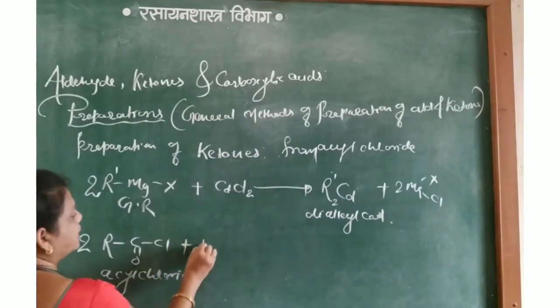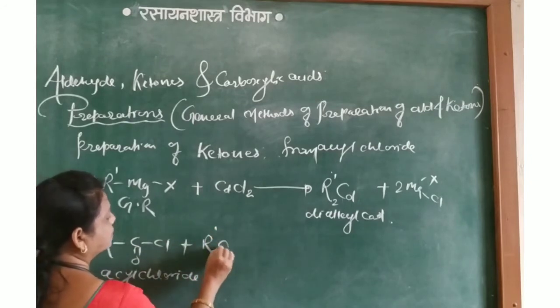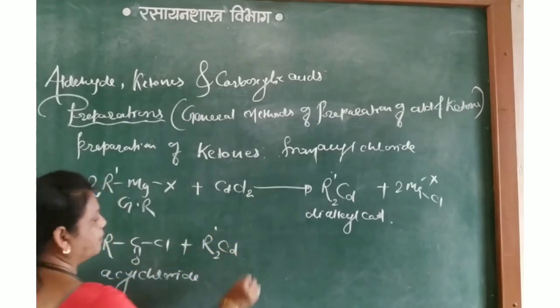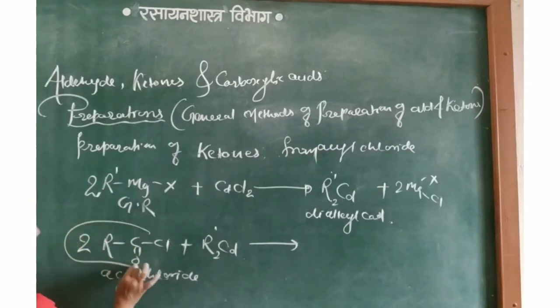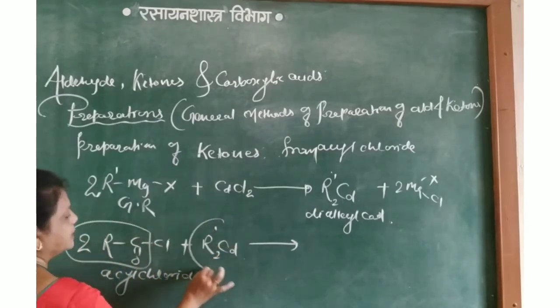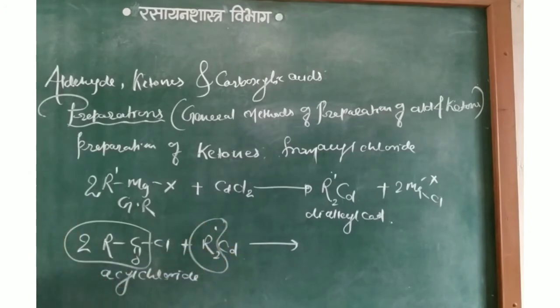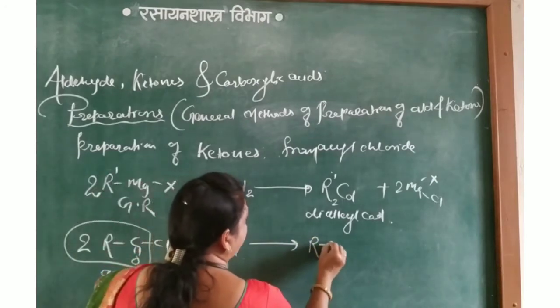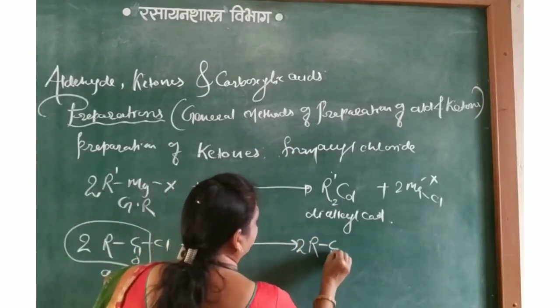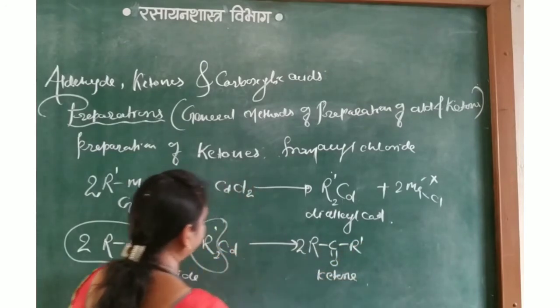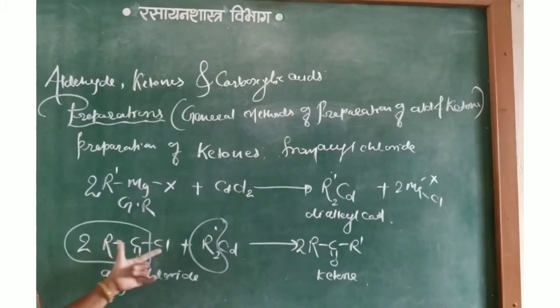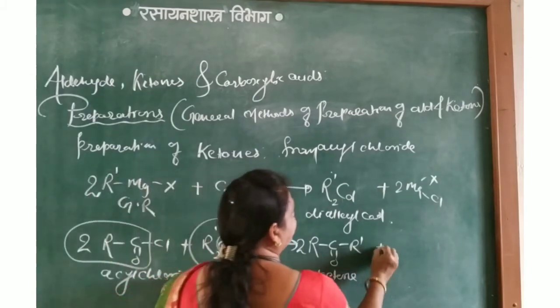Plus now this R dash 2Cd, dialkyl cadmium. Okay. Now these two are CO and these are two alkyl groups. Means twice R C double bond O R dash. This gives ketone. Okay, and now this 2Cl combines with Cd to form